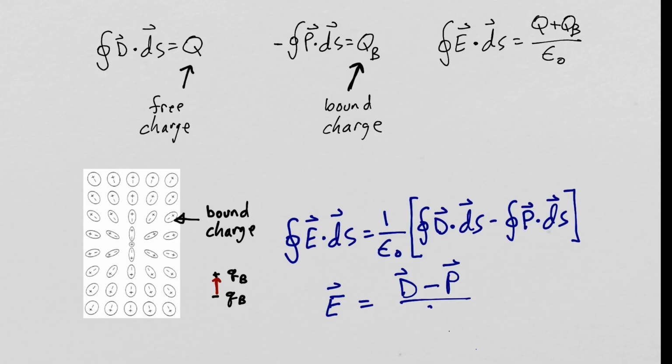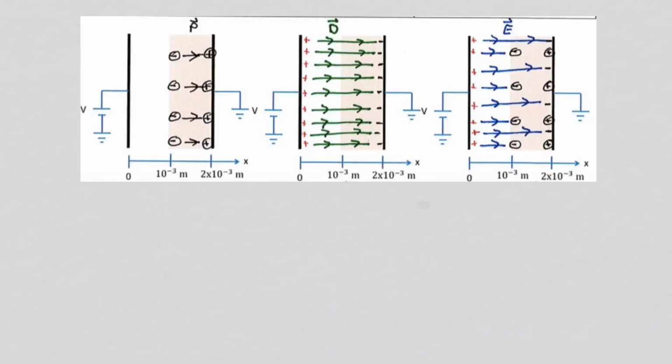So with these concepts, we can now go and work problem 8. The only place we can have free charge is on the two metal plates, so electric flux density will emanate from the positive charge on the left plate and not terminate until it hits the negative charge on the right plate. So the electric flux density fields will be the same in the free space region and the dielectric between